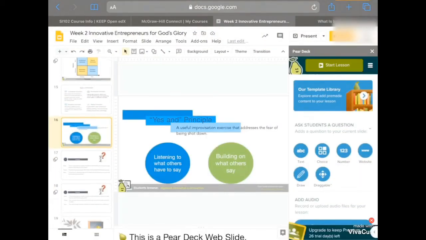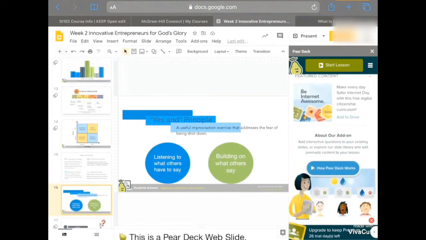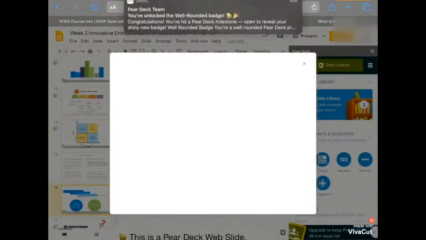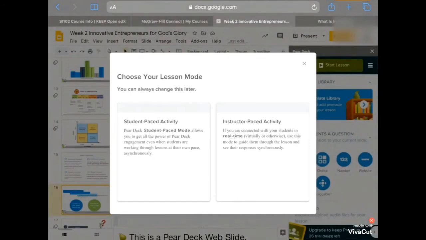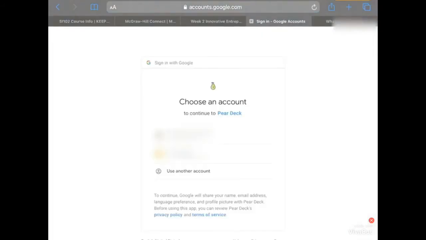Those are the options that you have in using Pear Deck. So this Pear Deck is good to elicit more participation from your students. Now we will try to start the lesson, and I'll be showing you how it looks. So you have a choice, either student paced or instructor paced. I chose instructor paced because usually, especially if you're having a synchronous class, it allows you to be the one to